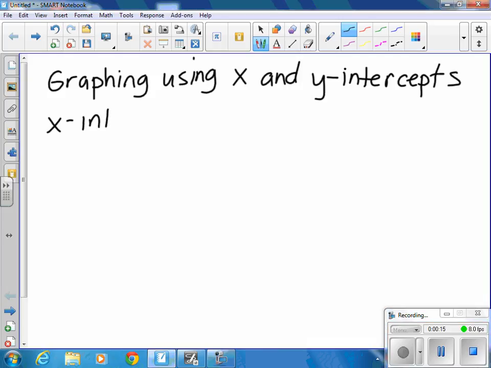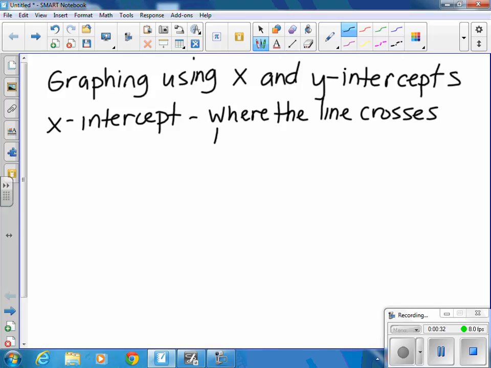So for the word X-intercept, intercepting is exactly what you think it is. It's when you cross in front or cross over something. So for the X-intercept in equations, it's where the line crosses the X-axis. It's very hard to get these mixed up because if it says X-intercept, it must mean the X-axis, right? Same letters, so keep them intact together. And when you have an X-intercept, the Y value in your ordered pair is always 0 because it sits